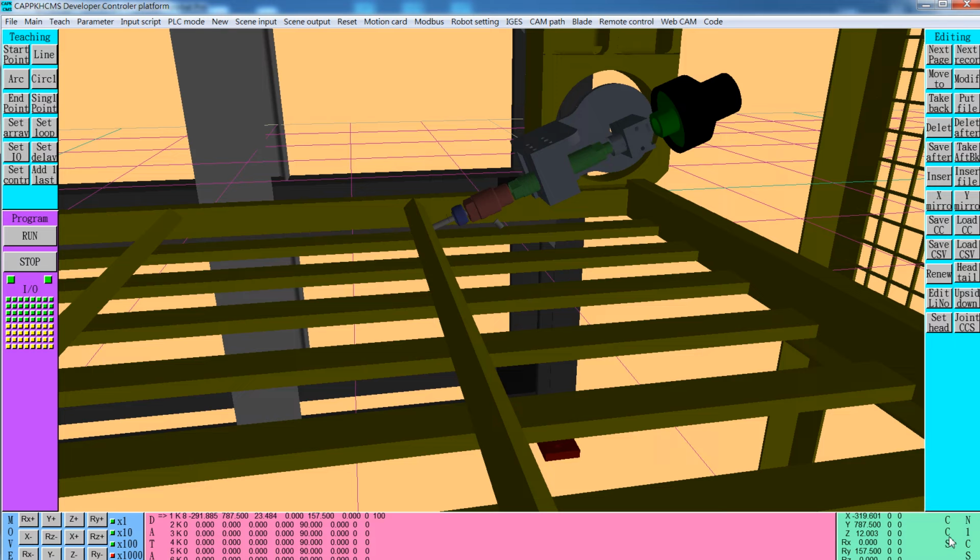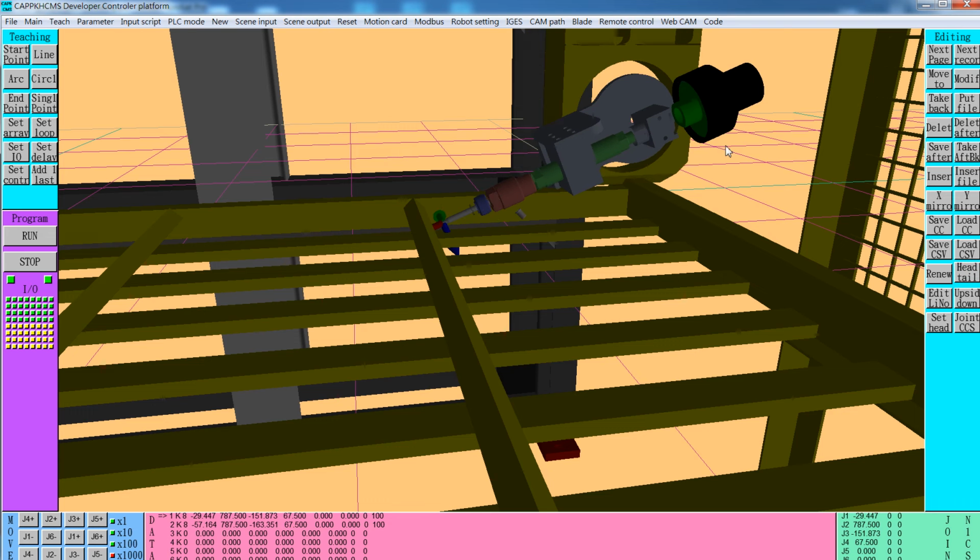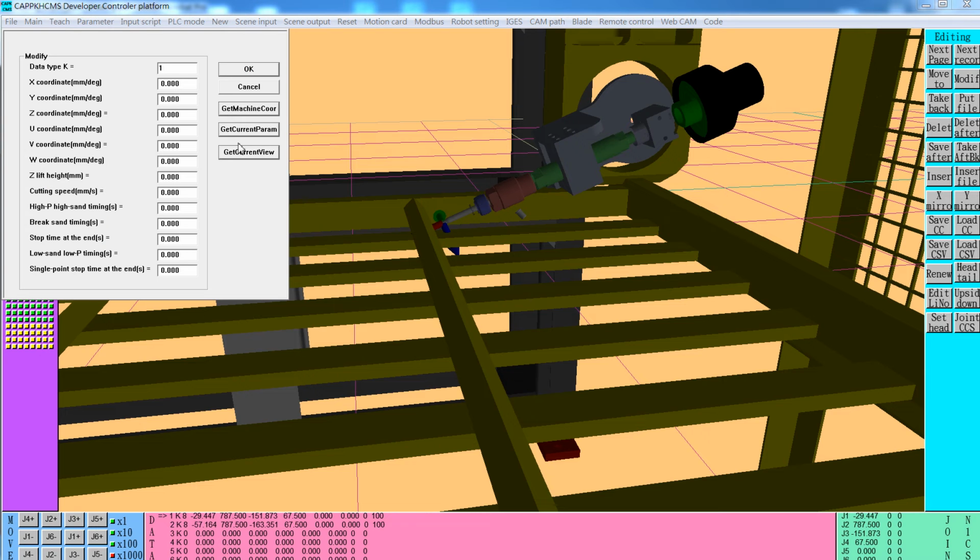Then change to joint mode and use light to lock the second point. After the second point's welding, the tool will retract back to position 1. So we use head, move to position 1, and use add 1 last, get machine coordinates, the current position, and change the K from 1 to 8, and give the cutting speed